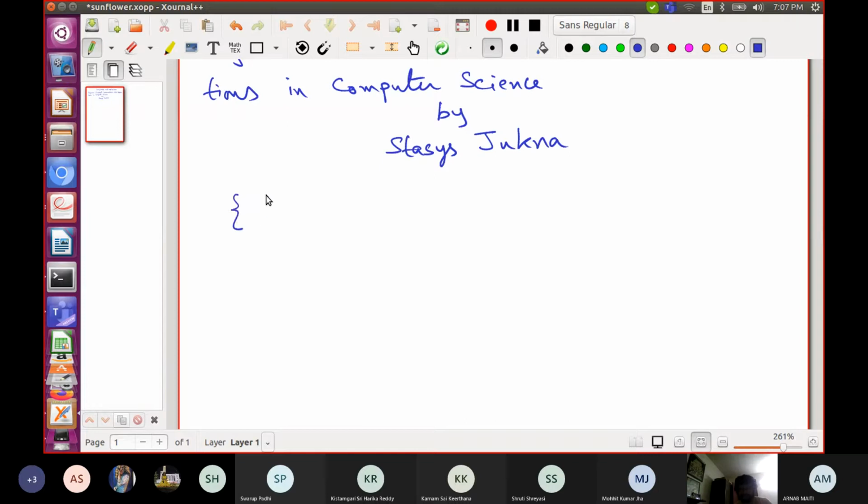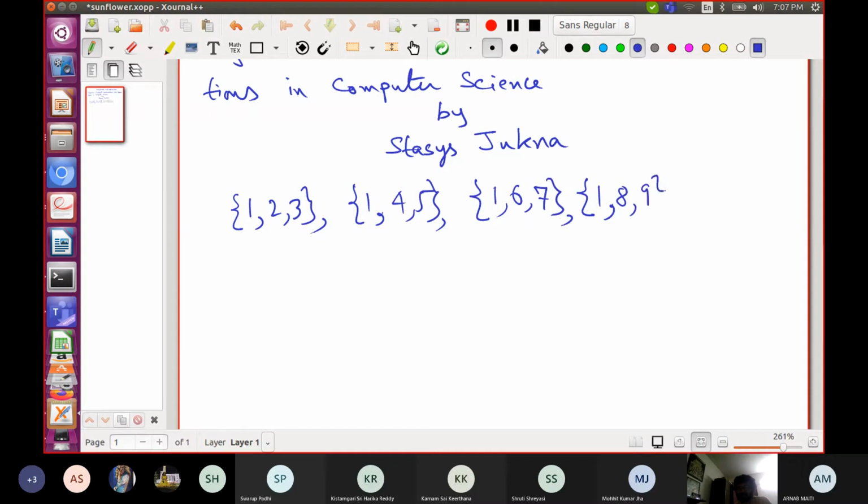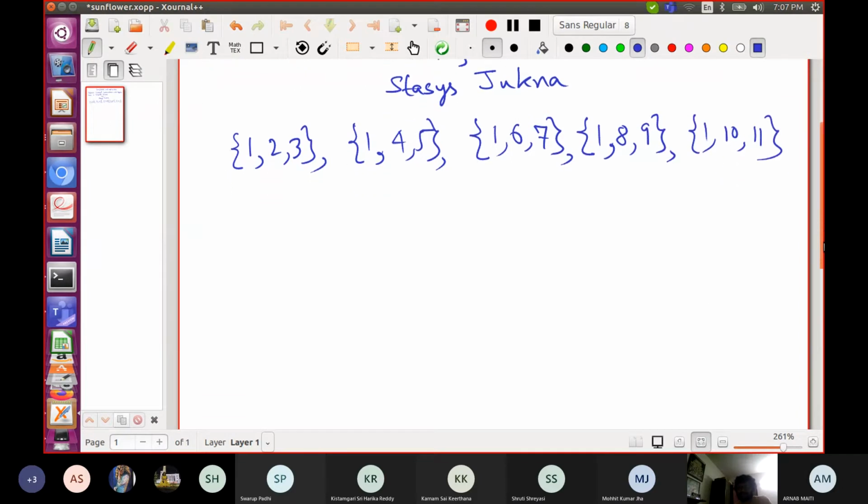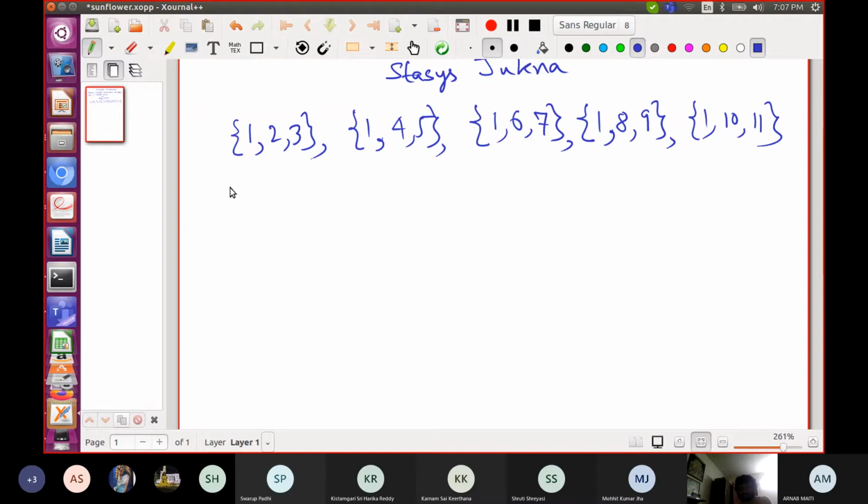Consider this set of sets, these 5 sets. There are two things that I'd like to draw your attention to. One is that the intersection of any two of them is the singleton set containing the element 1.